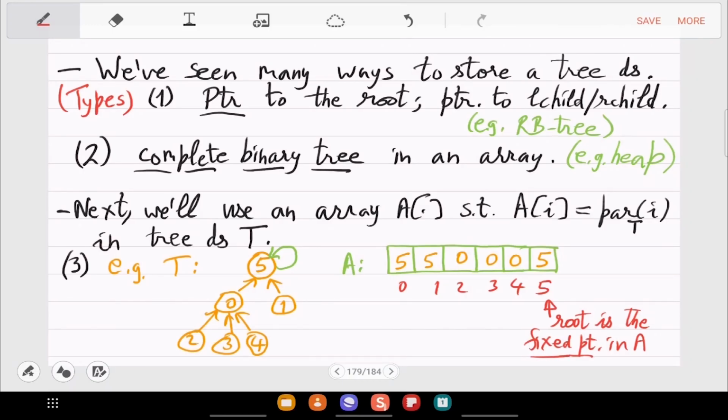Any questions? So now we'll spend 1 or 2 classes on this data structure, because this solves a difficult problem. It's a practical problem. It is called set operations.